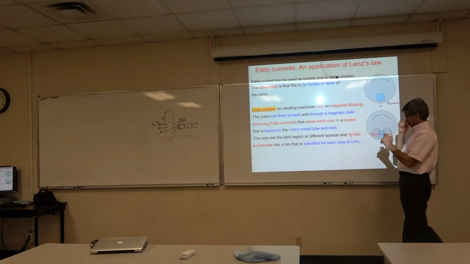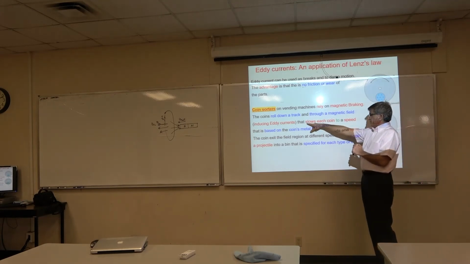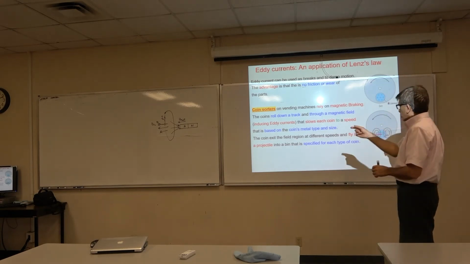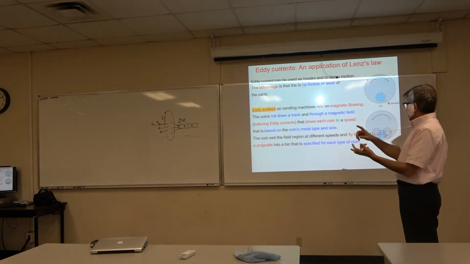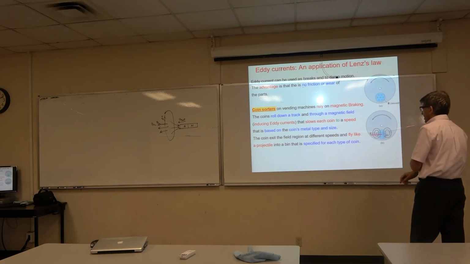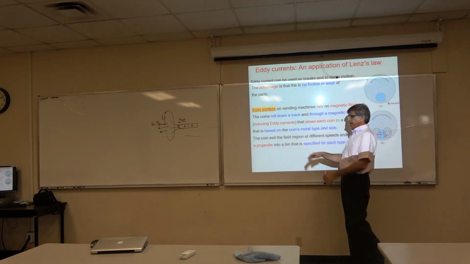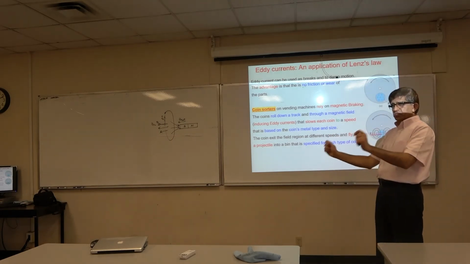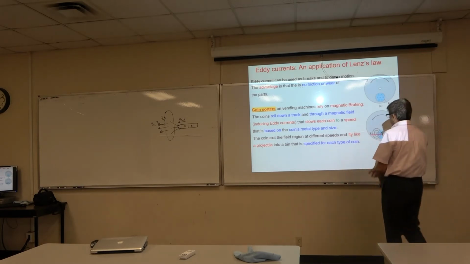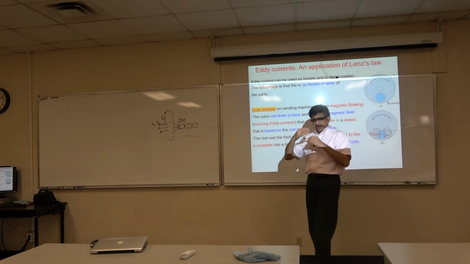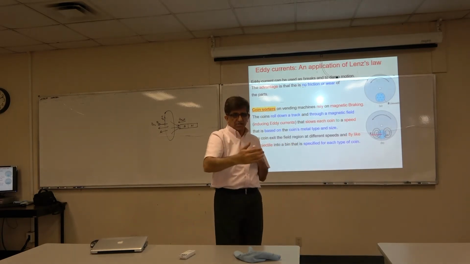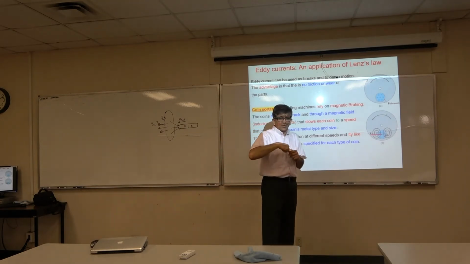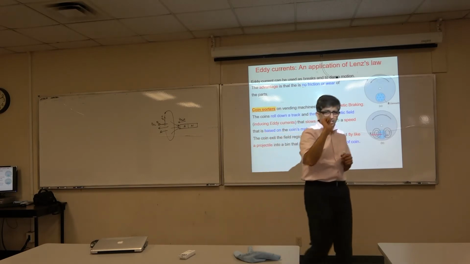So that opposing force will slow each coin to a speed that is based on the coin's metal type and the size of the coin. Then, when it slows down, the coin exits the field region with different speeds. Each coin will exit the field region with different speeds, and it will fly like a projectile, and the distance is already calculated, and the bins are placed for each coin. The different bins are placed over there, and the coins will fly like a projectile and will land into the